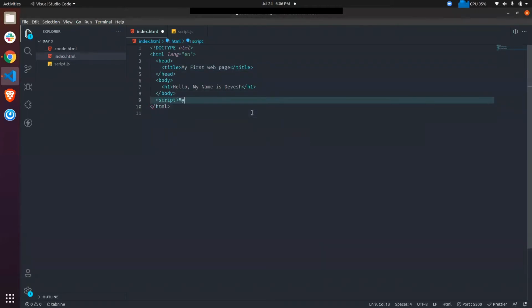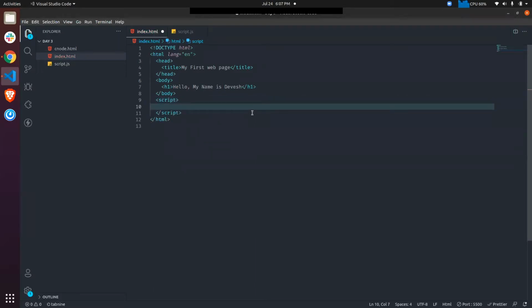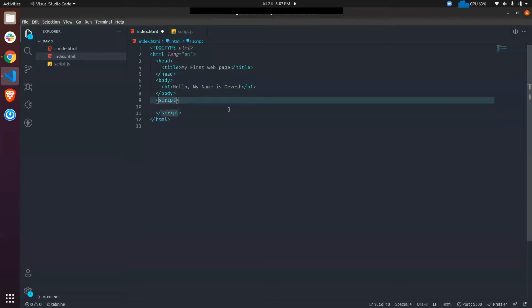It is advisable to include your script at the bottom of your HTML so that you won't face any issues, since the HTML is rendered from top to bottom. If there is any error in your JavaScript, your page will not be rendered. So we'll give a source and write script.js.